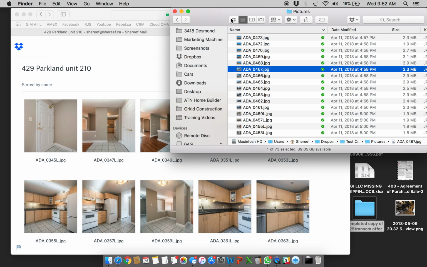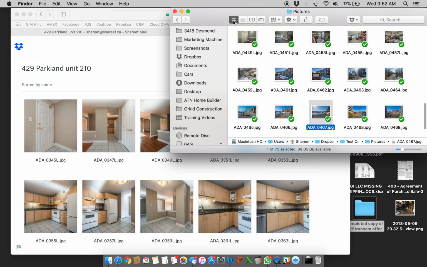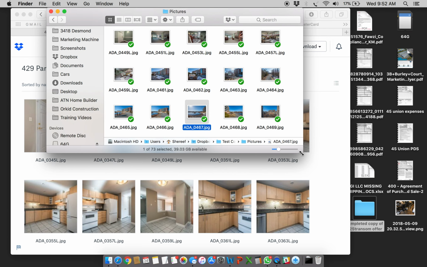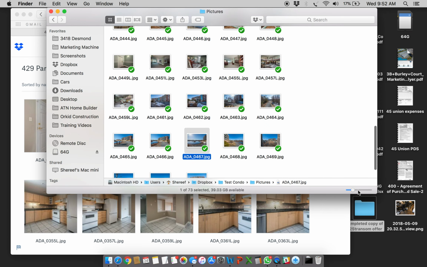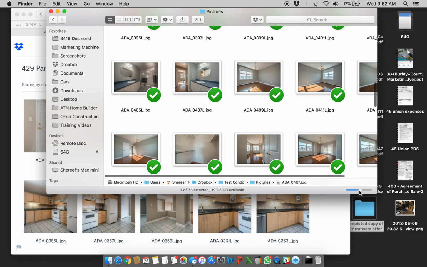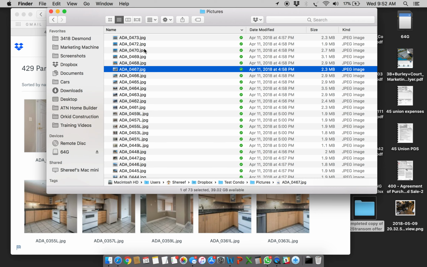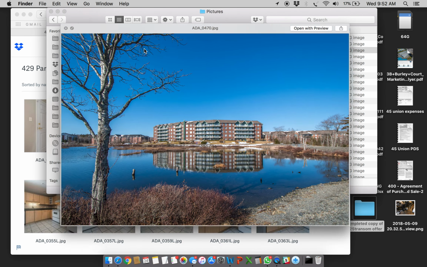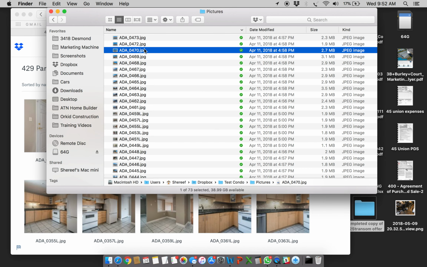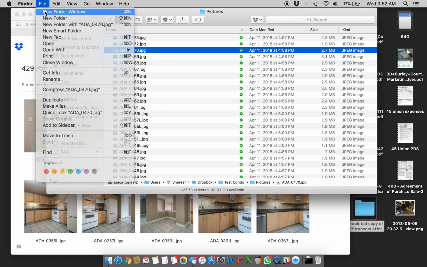So, up here is a little critical thing you should always use if you wanted to distinguish what these photos look like. If you click the thumbnail view and you dragged this a bit larger, you can use this little slider to enlarge the photos. Another way to do it is if you wanted to just hit the space bar on each photo, it'll show you what the photo is. So you could hit space bar and hit space bar again and it will minimize it. So once it maximizes it, second it minimizes it. Then what I would do is I'd go open a new Finder window